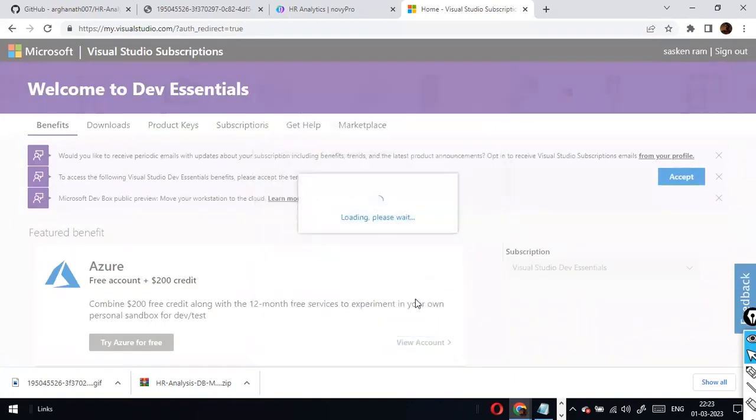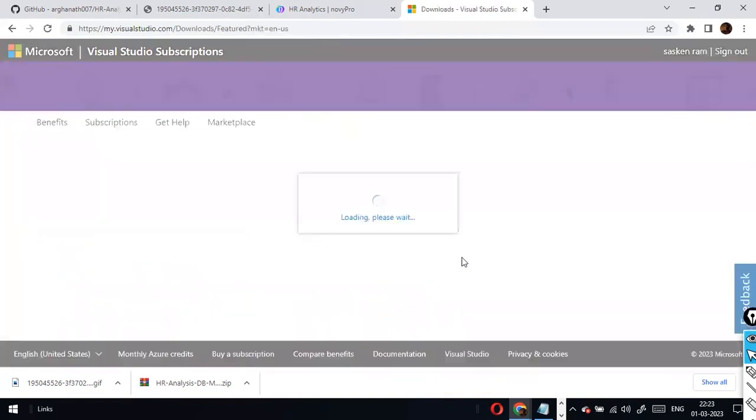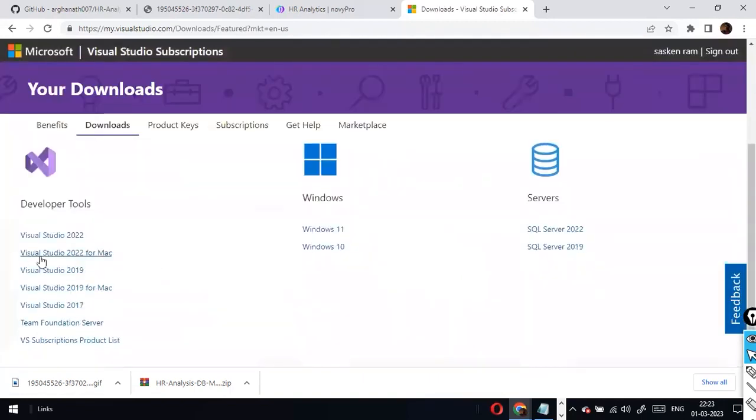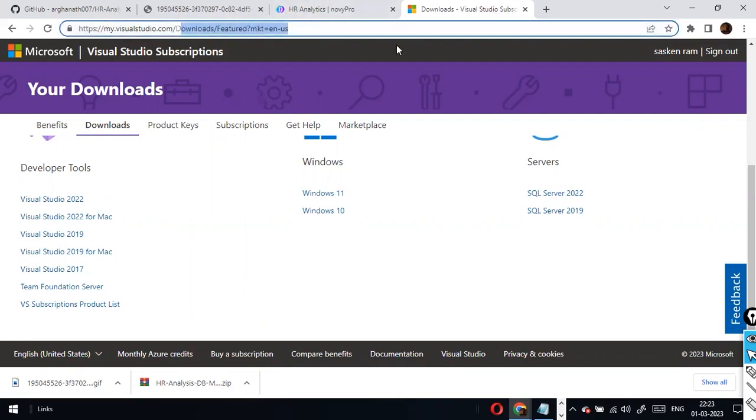Confirm. You click on confirm here, and then if you see your downloads, click on downloads. You will find the various releases of Visual Studio. Visual Studio for Mac, if you are using Mac, you can click on it, and then Visual Studio 2012. Various versions are available. I remember this is the one, VS